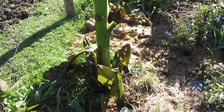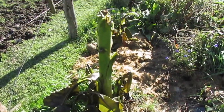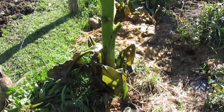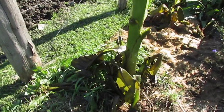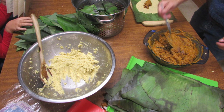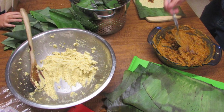And here's the Musa basjoo. What you're looking at here, I actually harvested these leaves ahead of the frost because I wanted to make tamales. I wanted to give it a shot, and I was like, I'm not gonna let the frost kill them. I'm gonna cut them off and cook with them, and that was awesome. That was just so much fun. They're so delicious and so different in a way from corn husk tamales. I like them both, but